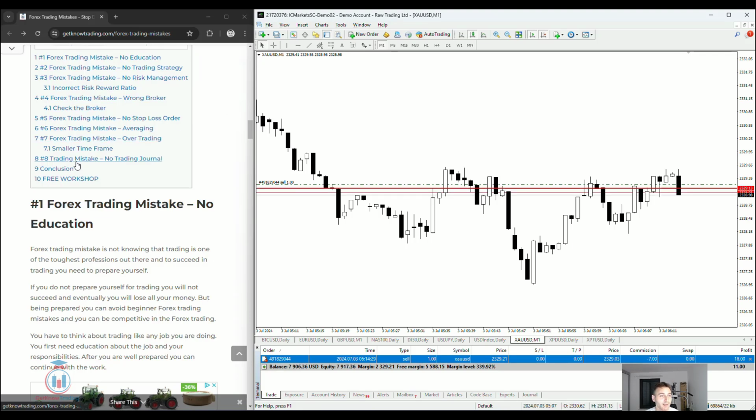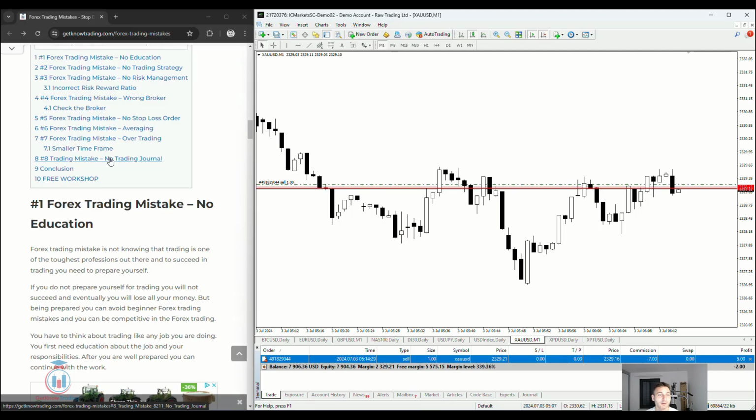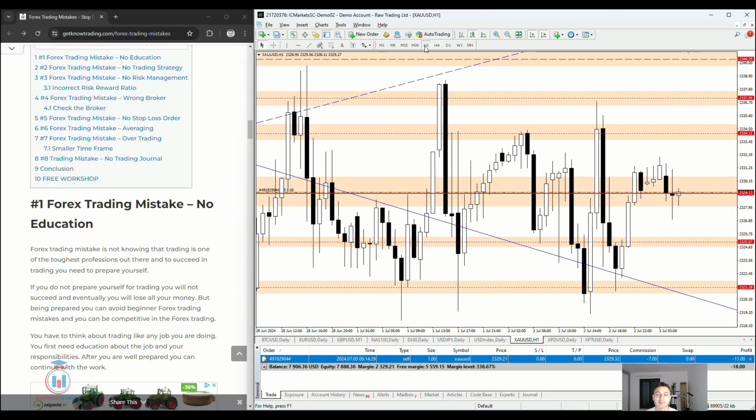This is the over trading, and then you have 8 trading mistake, no trading journal. And that means if you have a trading system, you should journal your trades, because eventually you will need to make the statistics to see how your trading system is good. Are certain rules are good or not? The trading rules, entry levels, is there some kind of a patterns that you should follow that will increase the